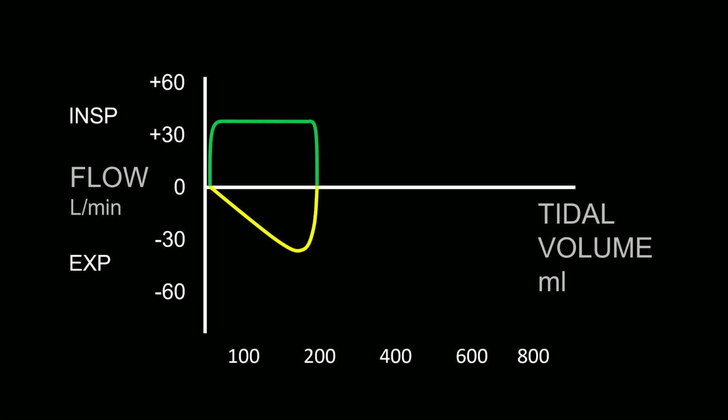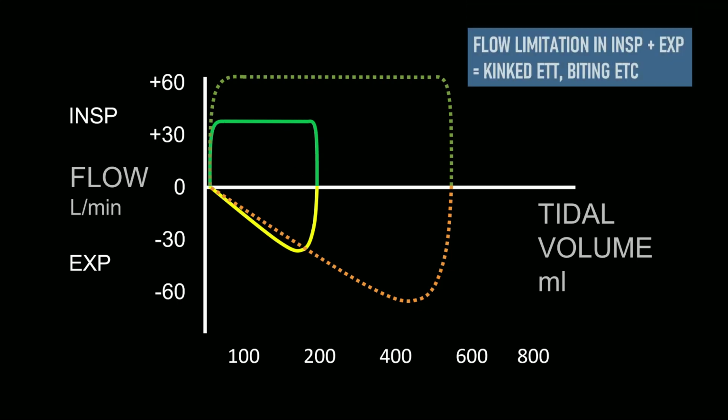This is the other flow volume loop that you should be looking for in a patient that you suspect has airway obstruction. And you can see in this picture when I show you the standard flow volume loop that you would expect for this patient, that the flow is low and the volume is low. And it's going on in inspiration and expiration. And this is the typical situation you see